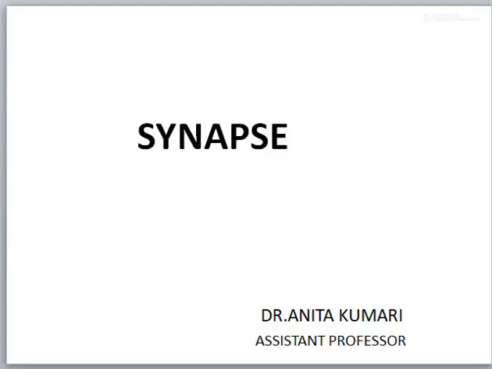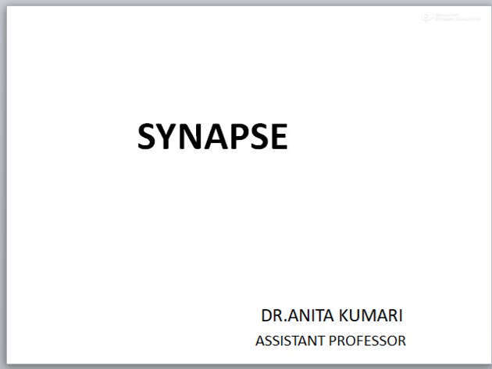Afternoon, everyone. Today we will discuss the synapse. The synapse is the junction between two neurons. At the synapse, how does synaptic transmission occur? There are four processes. One is the release of neurotransmitter. Second is the development of EPSP and IPSP. Third is the removal of neurotransmitter, and last is the development of action potential.